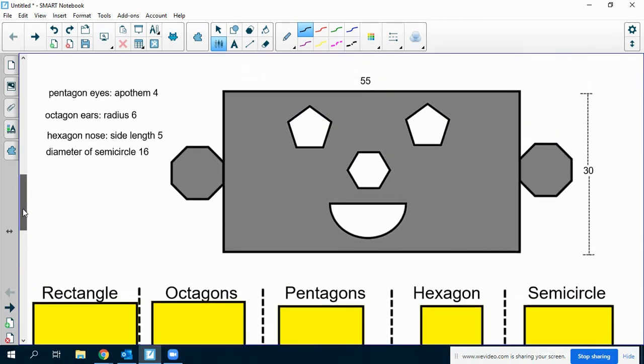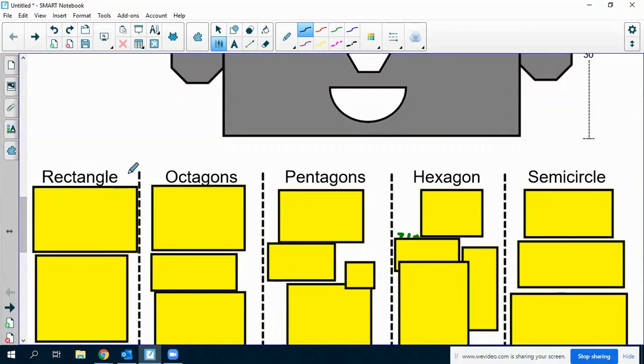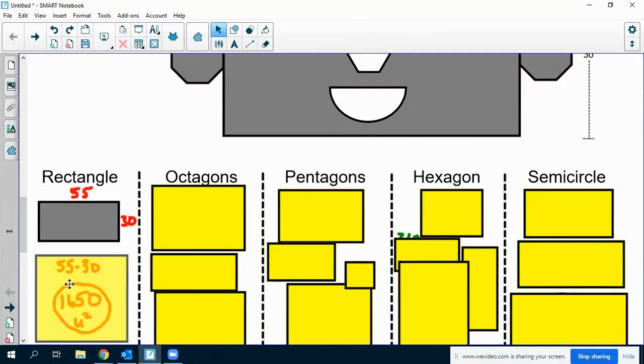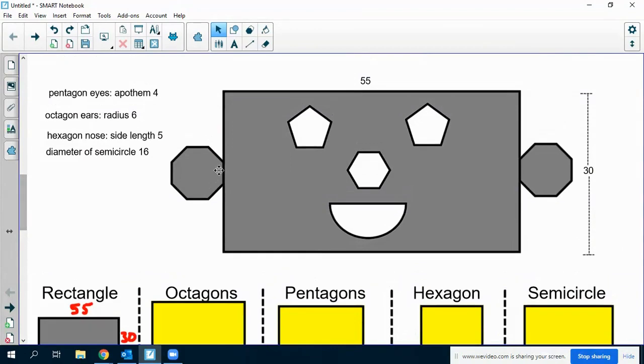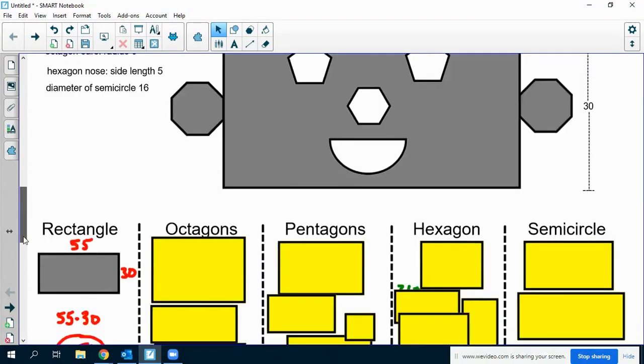So the rectangle is just 55 times 30. That's how you calculate the area of a rectangle. And that's 1,650 units squared. Now the octagons are the ears. So if they tell me that the radius is 6,